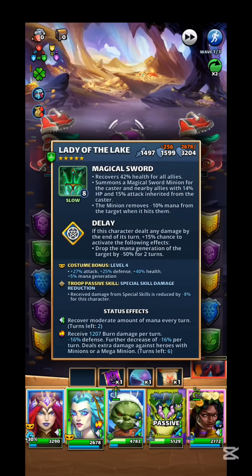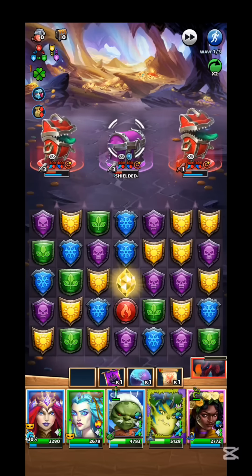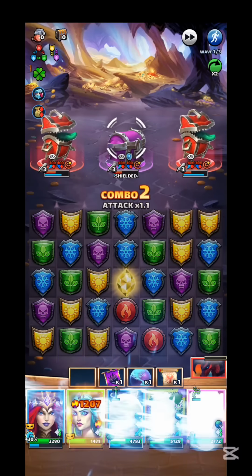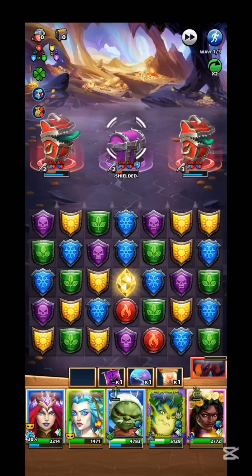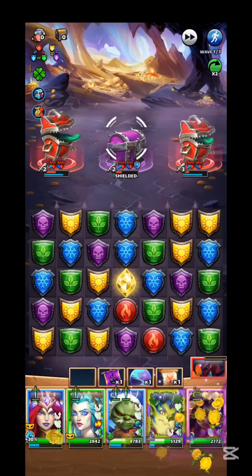But we can see this burn damage here now. That's doing 1,200 per turn, so that is huge. And we need to get rid of it, which is why we have Kitty over here to reflect. She doesn't get rid of it. That's Ariel's job to get rid of it. But hopefully with the healing I've got, I can